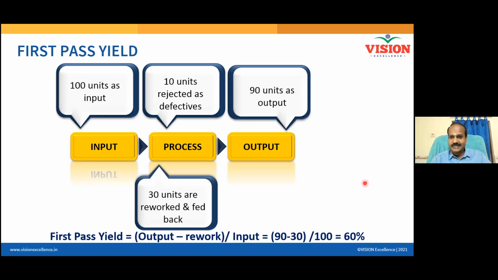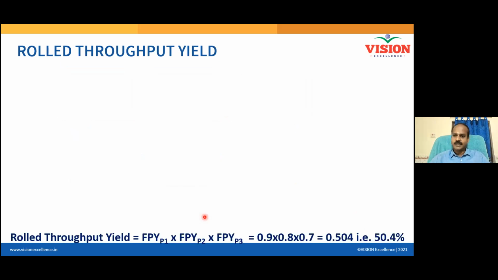What you thought was 90% is actually not 90%. It is only 60%. Your people are overutilizing your resources. They are increasing your operational cost and giving you a result of 90%. So don't rely on traditional yield. Rather, start believing the first pass yield. Your focus should be to reduce or eliminate the rejection and also reduce and eliminate the rework. Clear? And now, the process will not be as simple as I am showing.